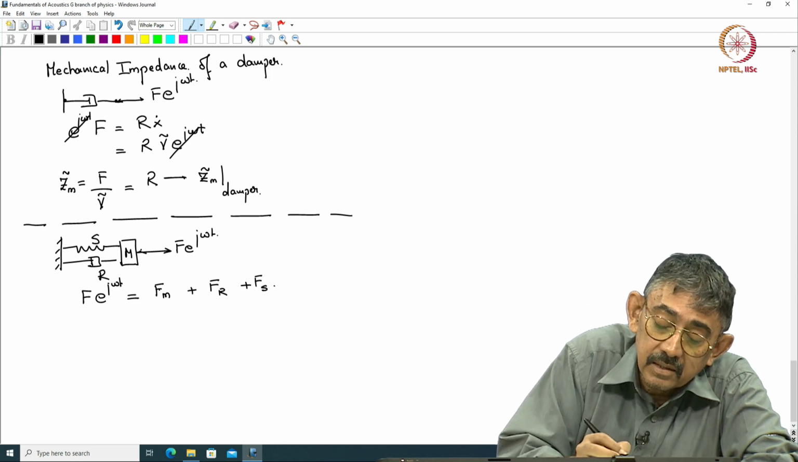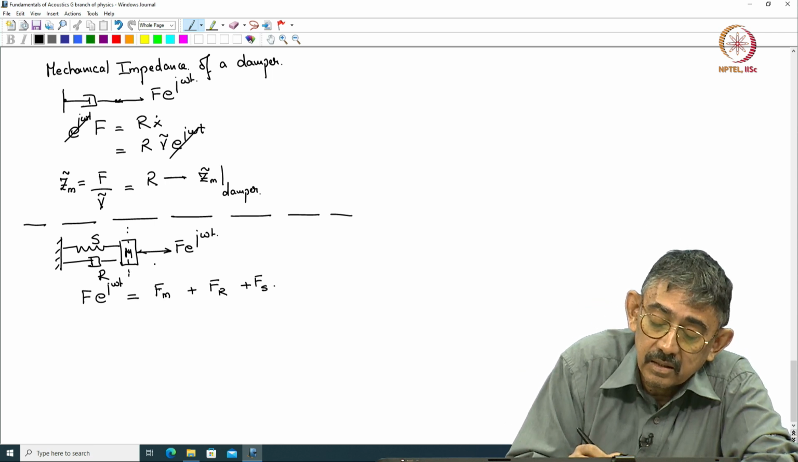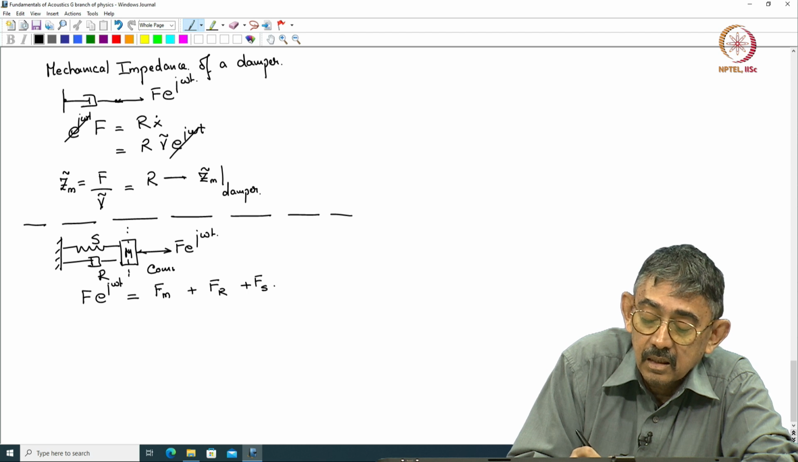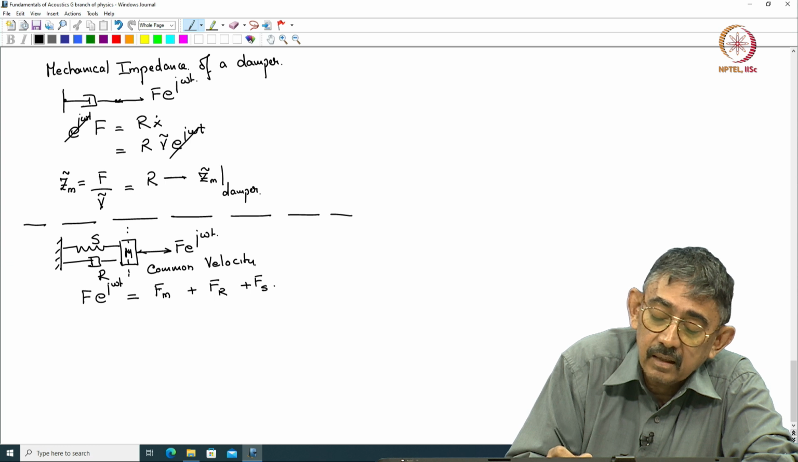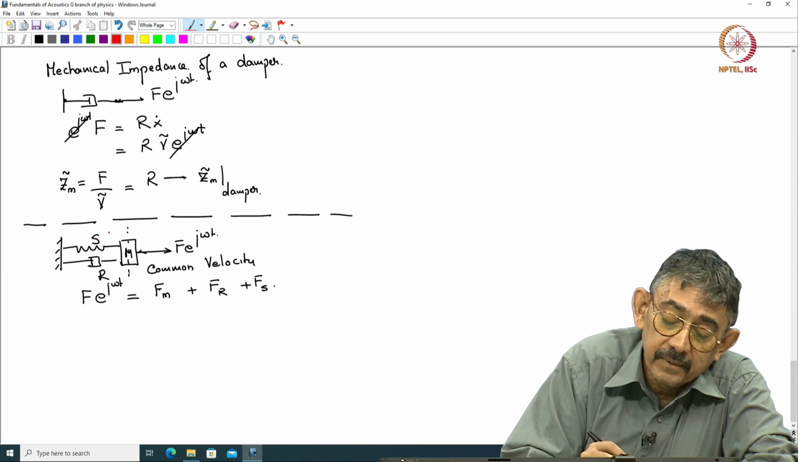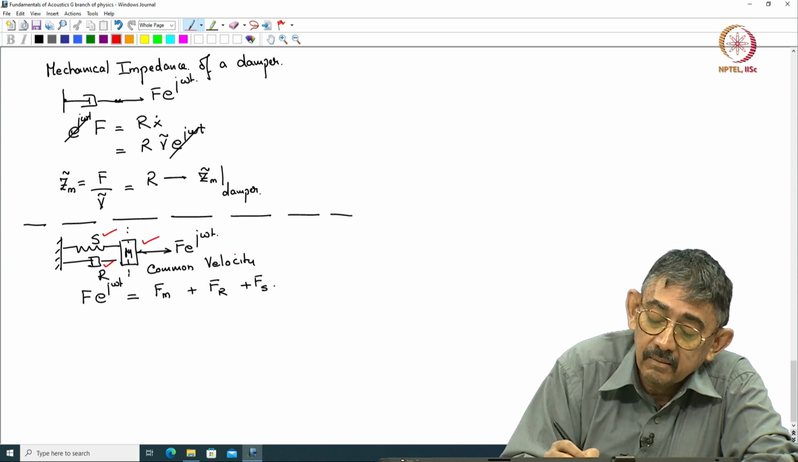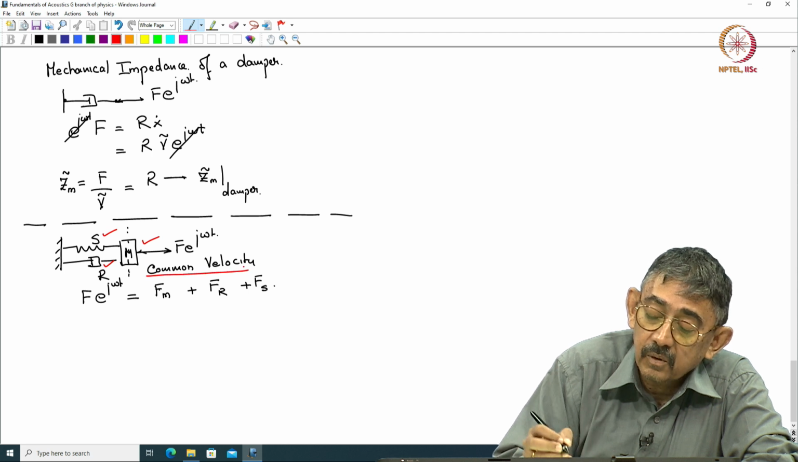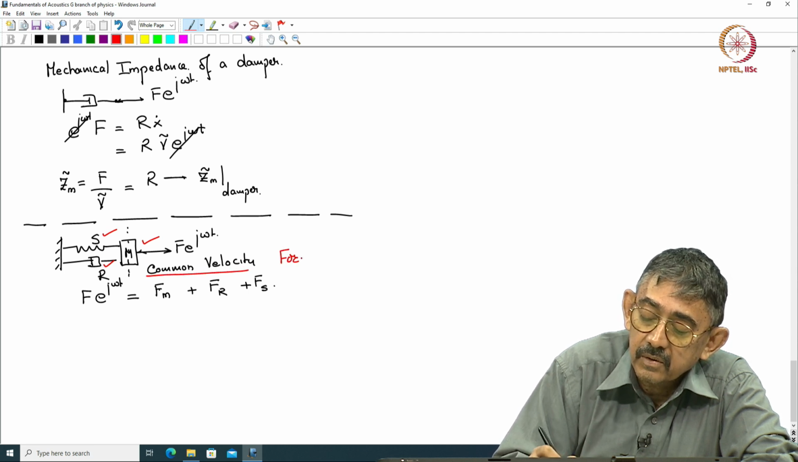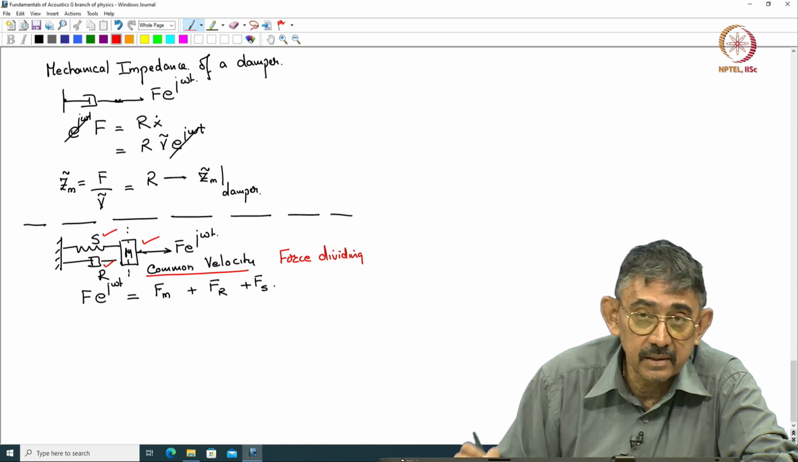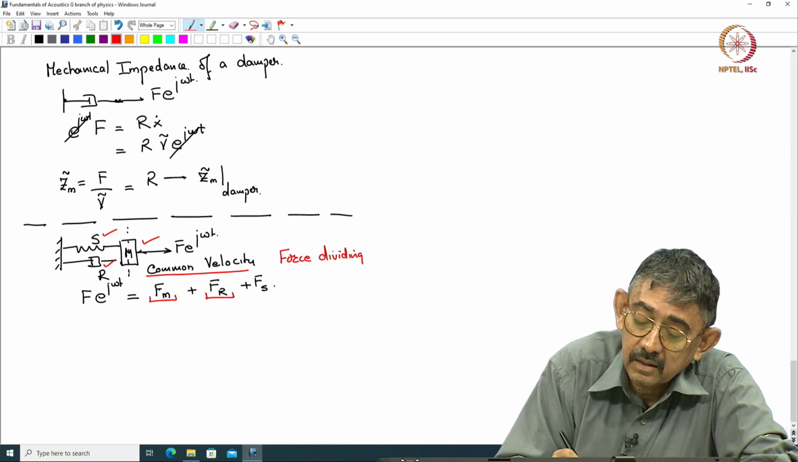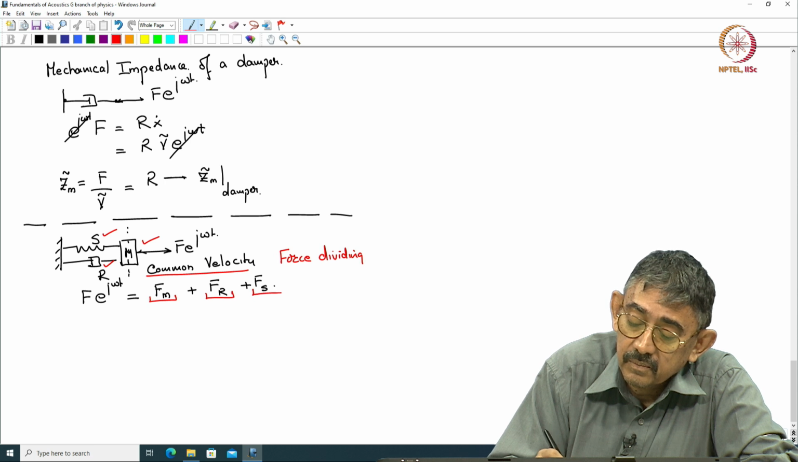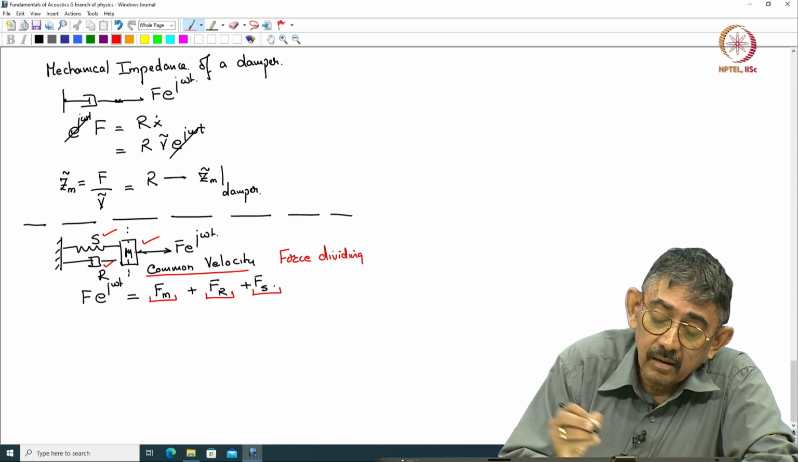Why is that? Because this is a common velocity junction. All three are seeing the same velocity. The spring, the damper, and the mass are seeing a common velocity, and therefore it's a force dividing junction. Force divides. So each system takes up part of the force: the mass takes up part of the force, the damper takes up part, the spring takes up part, but all of them are seeing the same